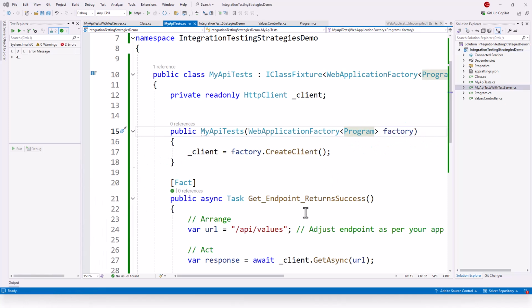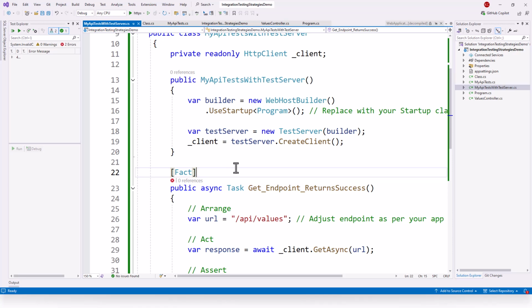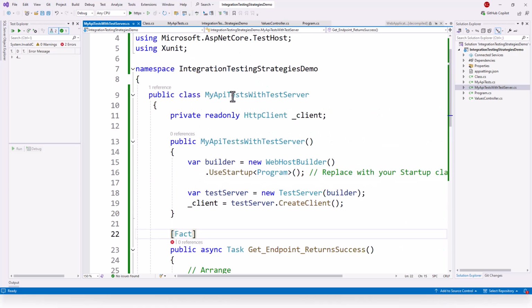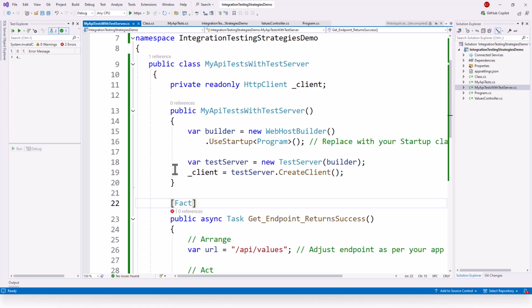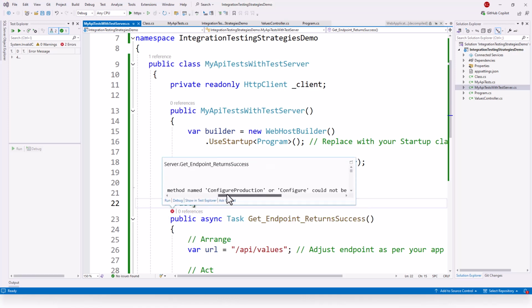So guys, if you see, this is the test that passed in the My API test class. This is by using the Web Application Factory. But on the other hand, in this test server, My API test with test server, this fact test failed. And what is the reason? It says system.InvalidOperationException: a public method named Configure Production or Configure could not be found in this IntegrationServiceDemo.Program